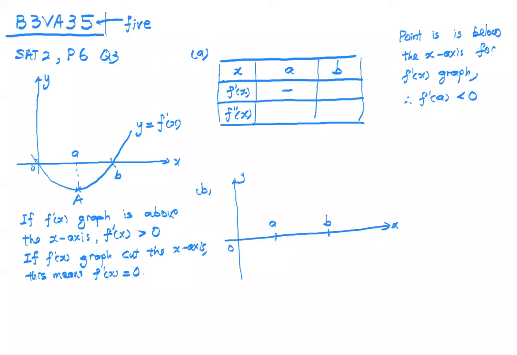So what should I put on B for f prime x? I should put 0 because it's this condition. It cuts the x-axis. Clear? So that is the first thing. Depend on the graph given to you. Okay. Second thing,